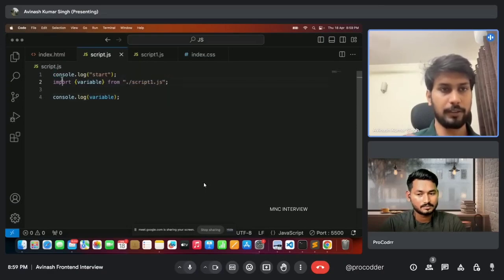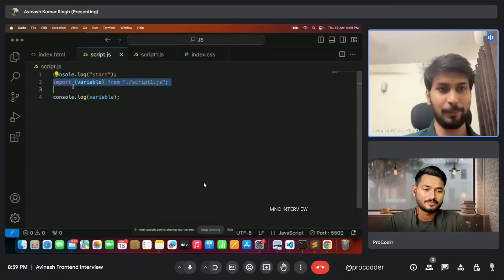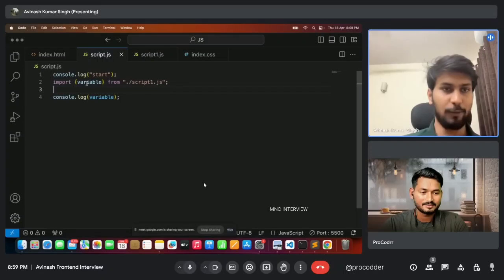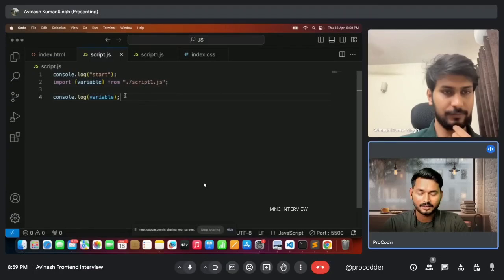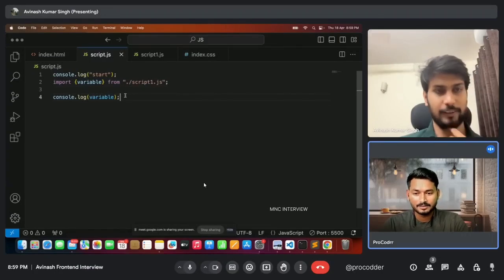In the first phase, it collects all those things and keeps those variables hoisted. I already said, I am guessing the import statement would be first encountered or executed by JavaScript. Yes, that is correct.